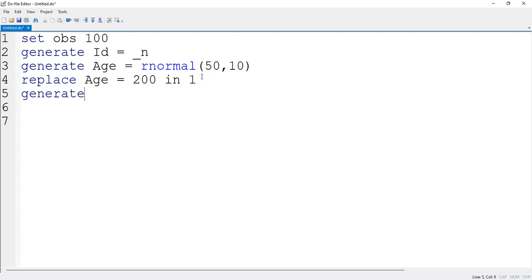We have ID, we have age, so we can generate a variable, call it happiness level, or maybe you can just type it as happiness. You can rename it later, to be equal to